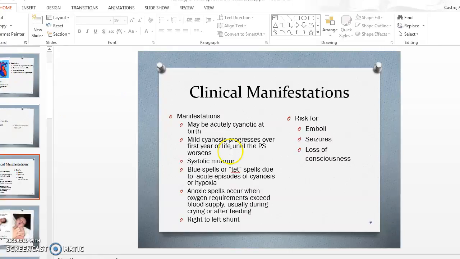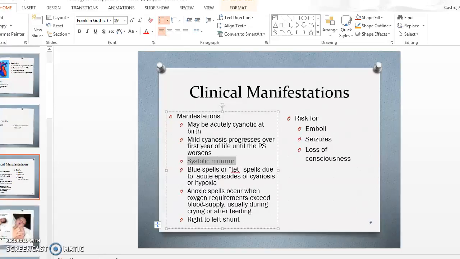So how do these patients manifest themselves? Okay, so they may be acutely cyanotic at birth. We may have a progressive cyanosis. They will have a very characteristic systolic murmur that you will hear. So you're going to hear this murmur during systole, the systolic phase of when the